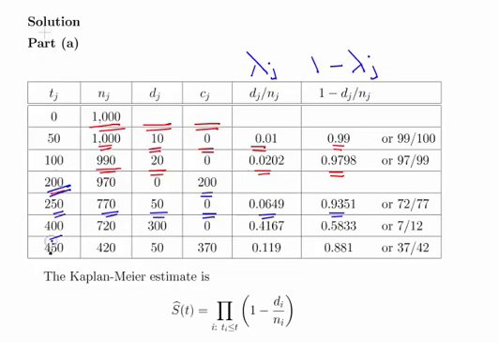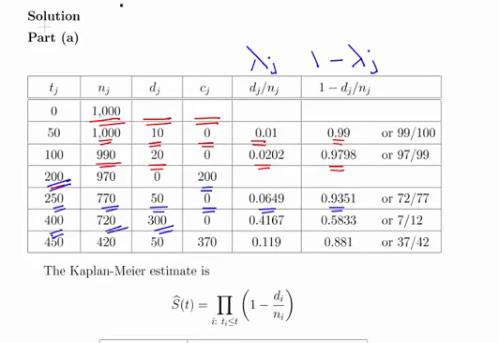So essentially, I'll just try and speed it up there. So the next period, 400 hours to 450, okay, so 720 is what we start off with. We lose about 300 in this period. Sorry, I just had to pause and go back and check that. Yeah, we lose 300 in this period. This is sort of making more sense. The longer we go into it, the more we're expecting to break down. We don't lose any, okay, and therefore we have an event probability of 0.4167 and a survival probability of 0.5833,